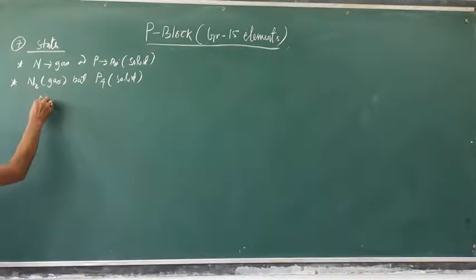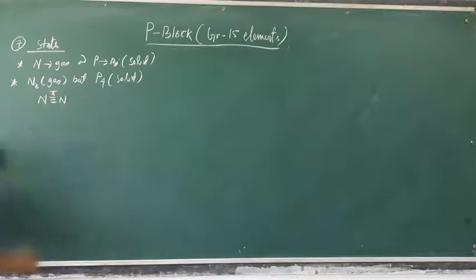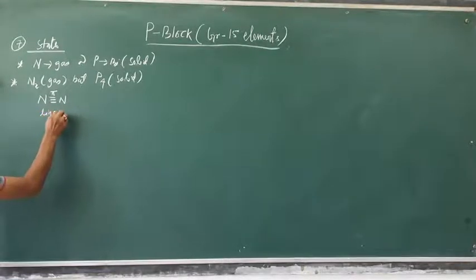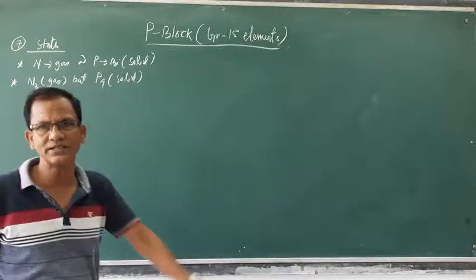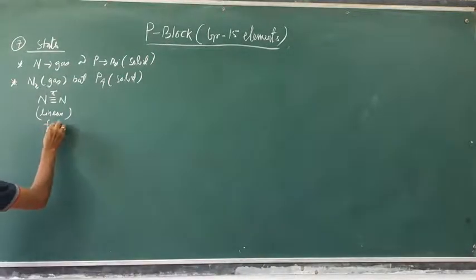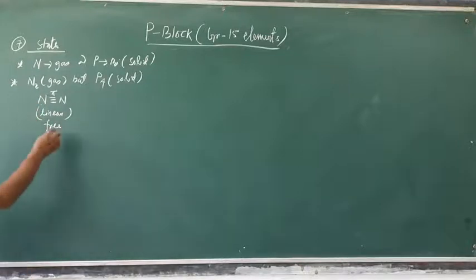As nitrogen forms N triple bond N, due to its small size nitrogen can form pi bonds. So the valence of nitrogen is satisfied and it exists in linear form. It is a linear molecule and the valence is satisfied between two nitrogen atoms, so it is free. Why is it free? Because the valence is satisfied. Nitrogen requires 3 electrons, so the valence is satisfied. That's why it is a linear structure, a free molecule, and in the gaseous state.